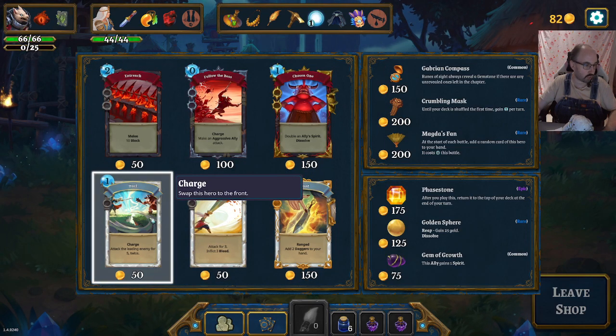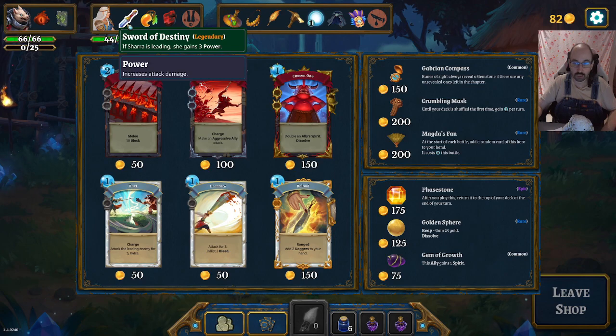Duel, this was changed. Used to be attack the leading enemy for 12. Now it's attack the leading enemy for 5 twice. Considering it has charge, it's now 16 damage by base with the Sword of Destiny instead of...